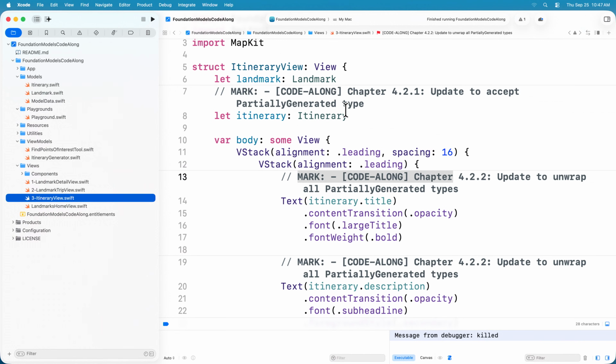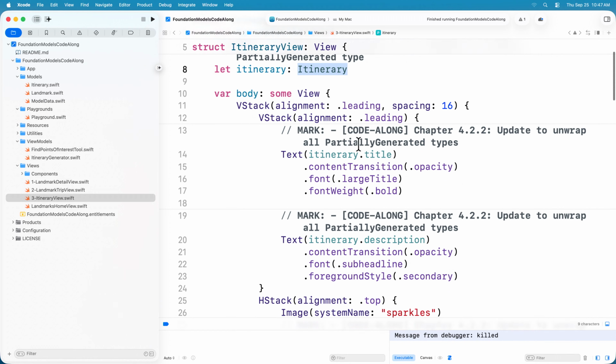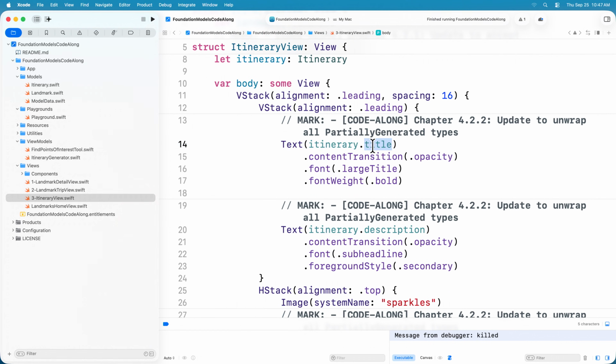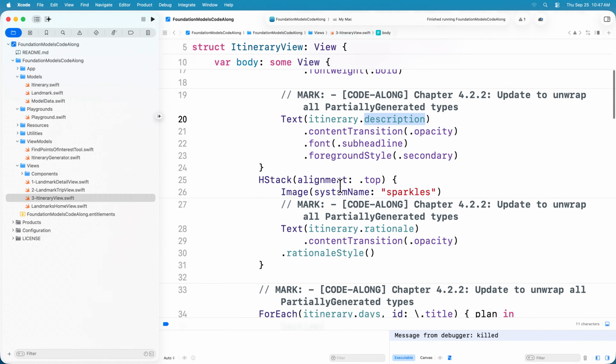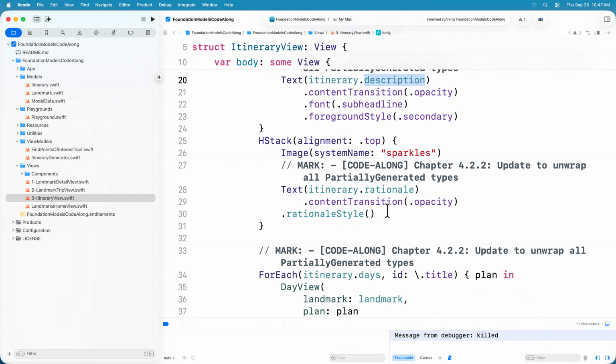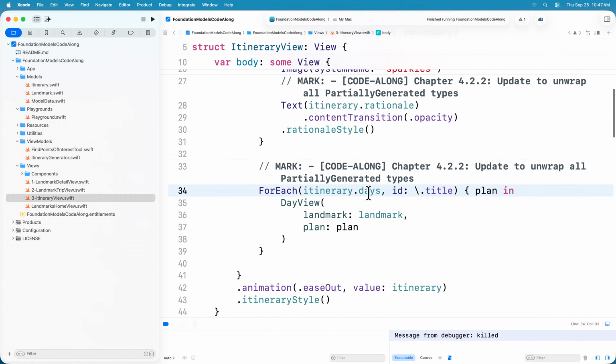What this view does is it can take an itinerary that was generated by the model, extract the fields, and create the rich UI we saw in the initial demo. If you take a closer look at our body here, we see it can extract the itinerary title, its description, and populate it. If you scroll down, you'll see that when it extracts the day-by-day activity, there is a dedicated view called day view that can show that, and we use for each to loop through these and extract all the properties and lay it out. Notice this is so much simpler than being able to parse strings and update it. All right, so let's head on over